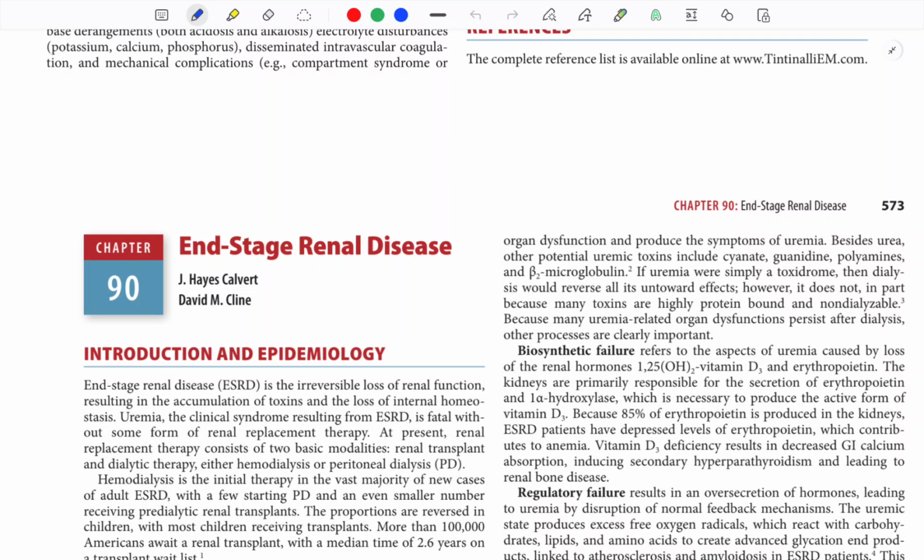Next chapter is end-stage renal disease. So what was end-stage renal disease? Which was persistent AKI for more than 3 months and it requires dialysis. Why? Because our kidney does 3 jobs, which is excretion, synthesis and regulation. Excretion of more than 70 chemicals in the uremic plasma like cyanate, guanidine, polyamines, beta-2 microglobulin. So many